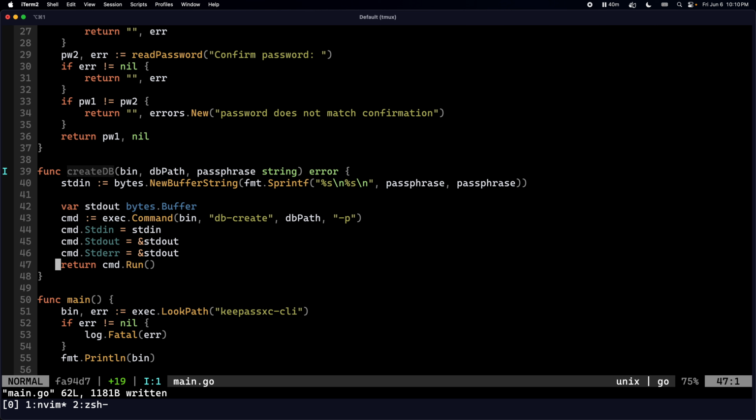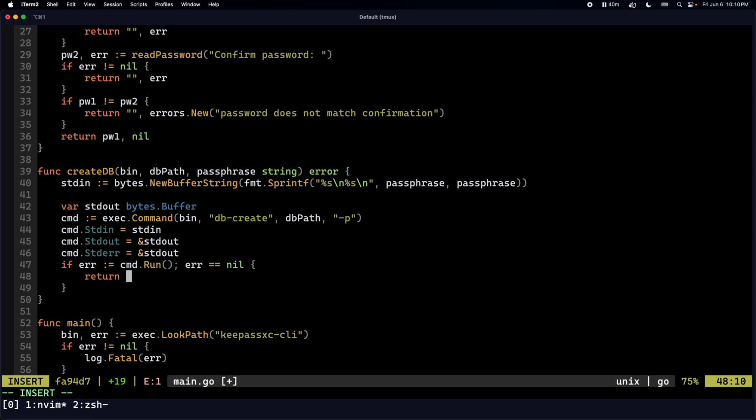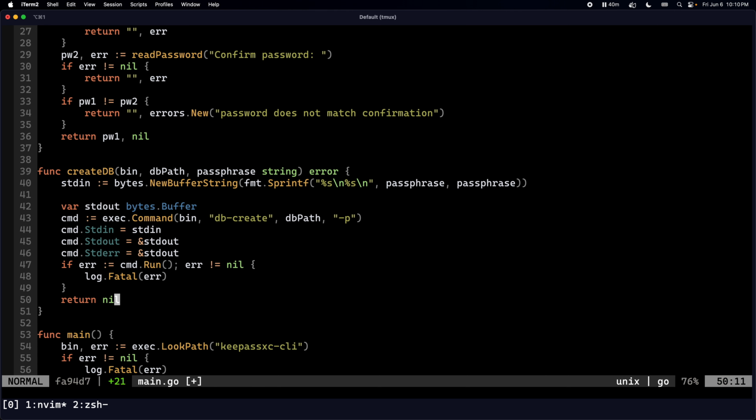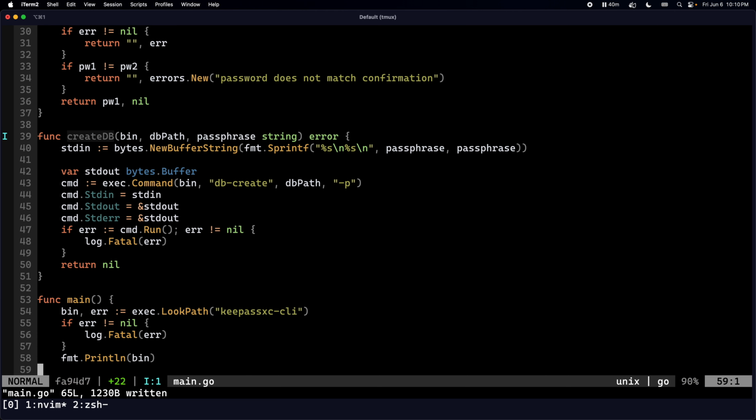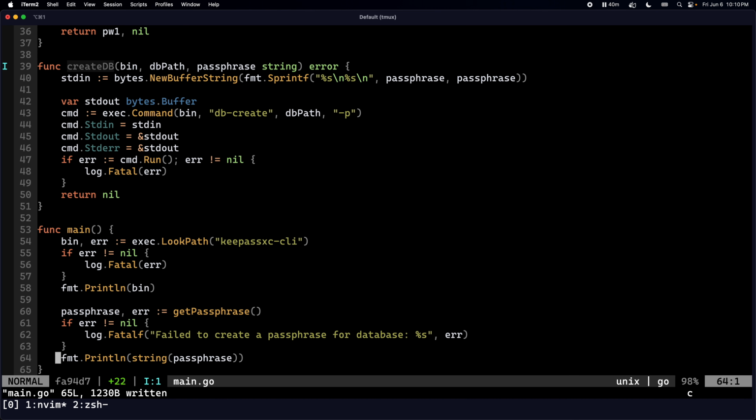Or yeah, if error equals command run, error is nil, return nil. No, sorry. You know what? I'm just going to assume this is log fatal error. Yeah, like this. We just return if there is an error,